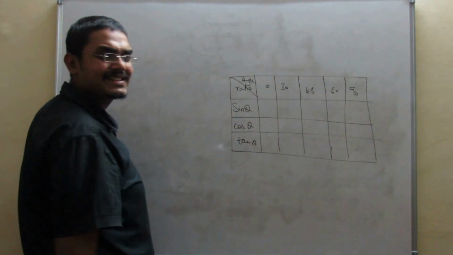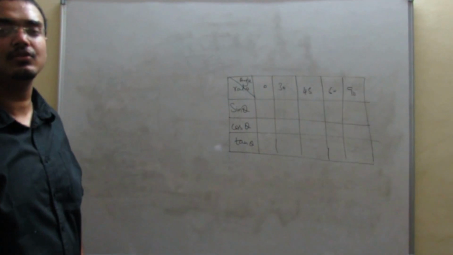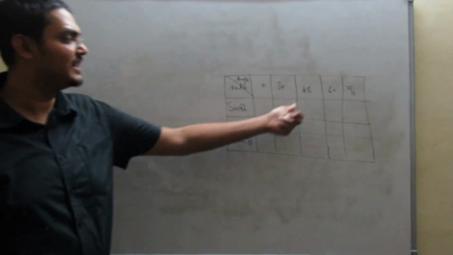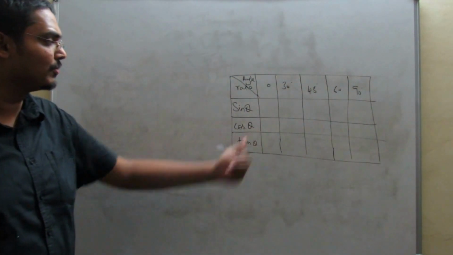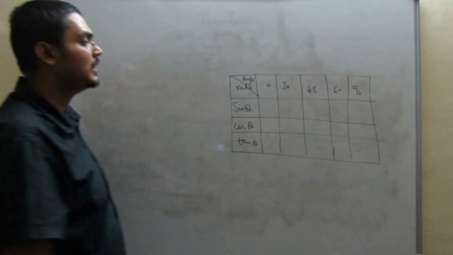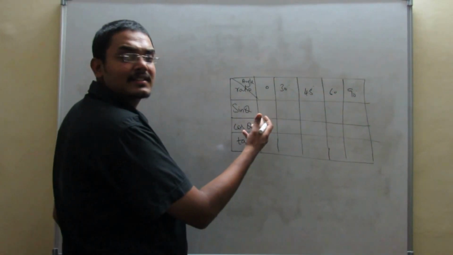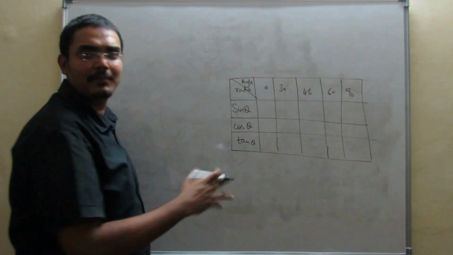So how do you make this table? We will just see the geometrical proof also. Like how do we prove this? As like we proved our 45 degree. So we will see how to prove 30 degree, 60 degree or 90 degree. First of all, let's understand like how to cram this table. You have to cram it up.